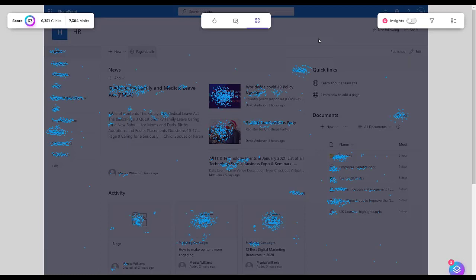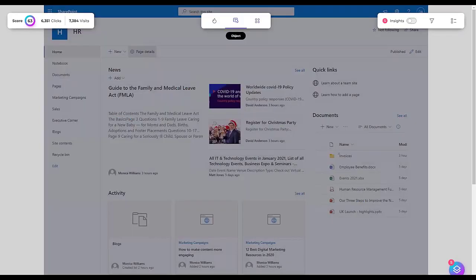Now you can see each and every click performed on the page. You can see around most of the buttons or headers or images even is where we have most of the clicks. You can see a few random ones also in the white area. But if you prefer to see button clicks by number, you can also object